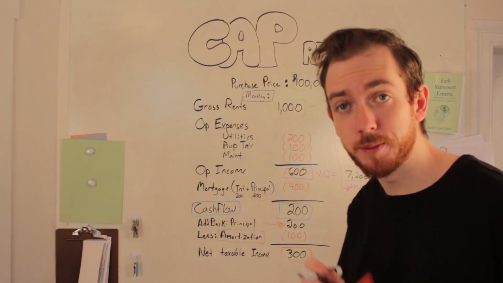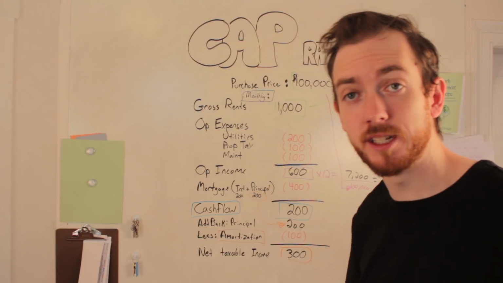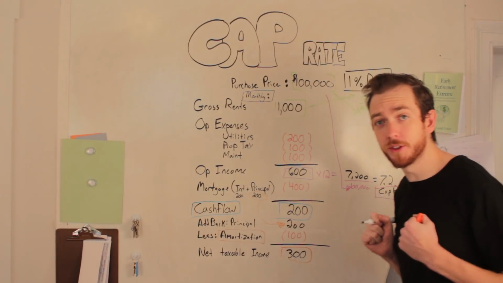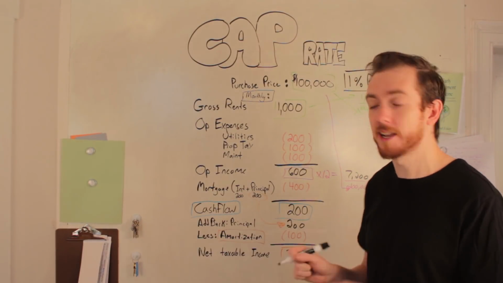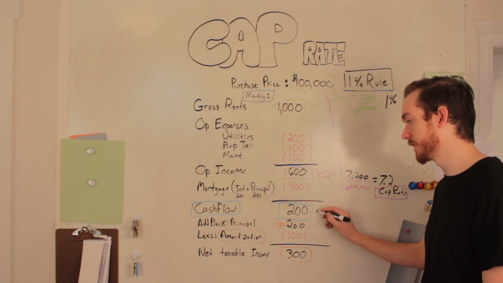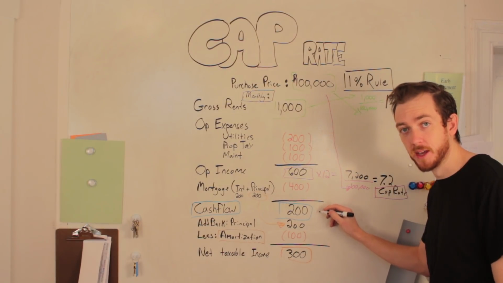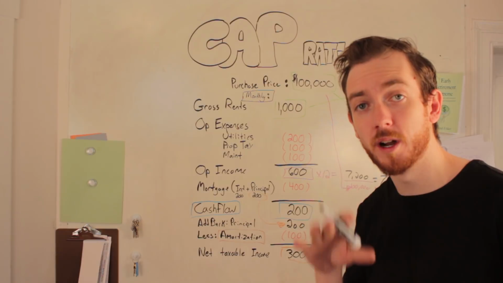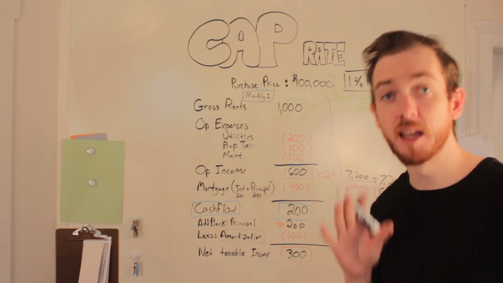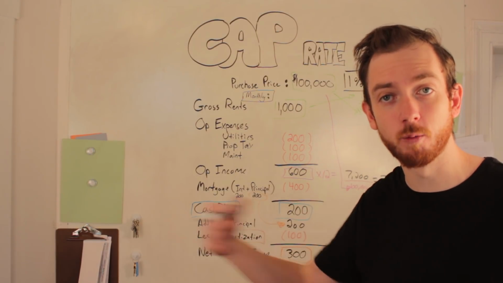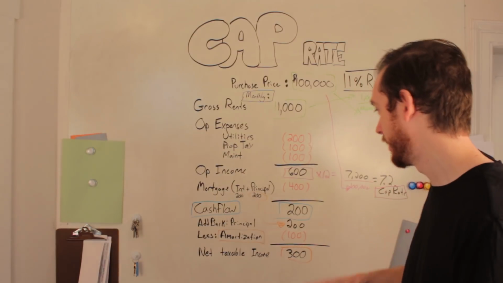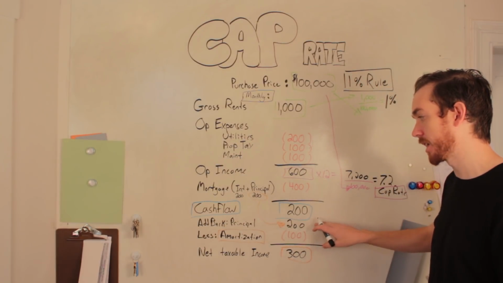And now from that mortgage payment, it includes interest and principal. But for cash flow, both of those are cash outflows. It's reducing our cash reserves. So we're left with now cash flow of $200 a month. But if we want to figure out what our net taxable income is, the income we're going to pay taxes on, we're going to pay taxes to the government from, we're going to need to add back our principal amount